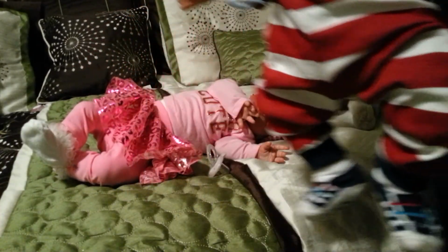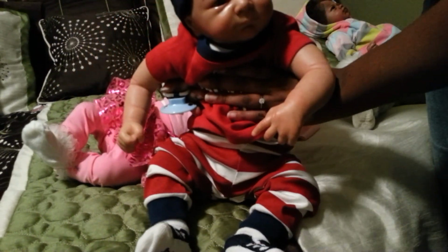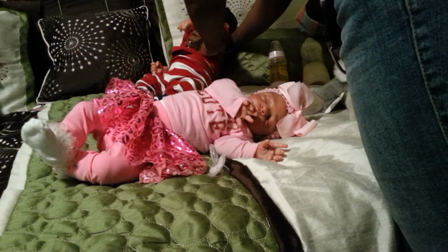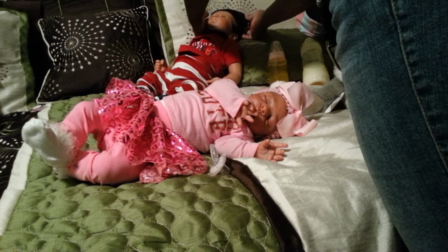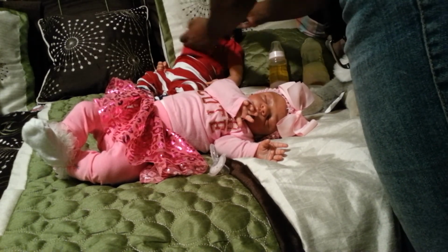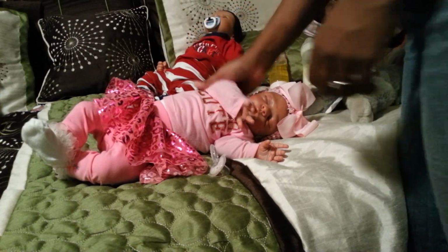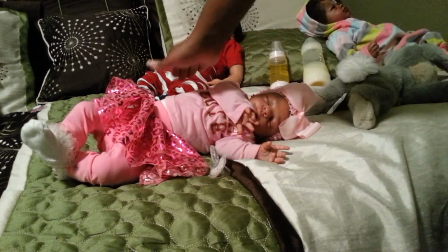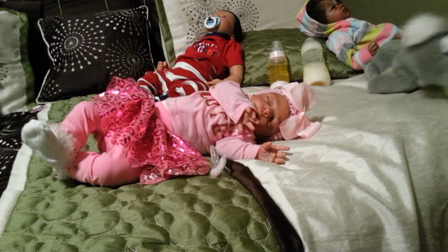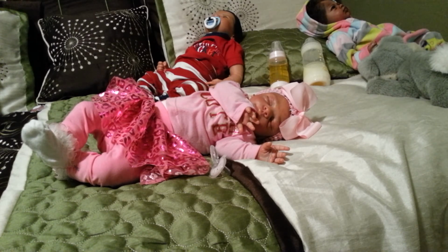But I don't know. He's a bigger baby, and I don't know. I weight my babies, and I think all my babies feel like real babies. And that's just my opinion. And like I say, this baby, I've had so many people always say that she feels the most realistic of any of my babies when they pick her up. So, yeah. But anyway, if you need any help once you get your baby on trying to reweight them,